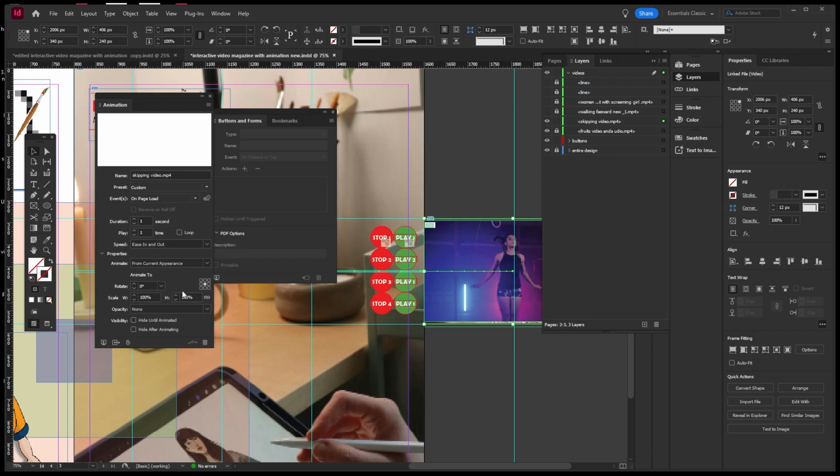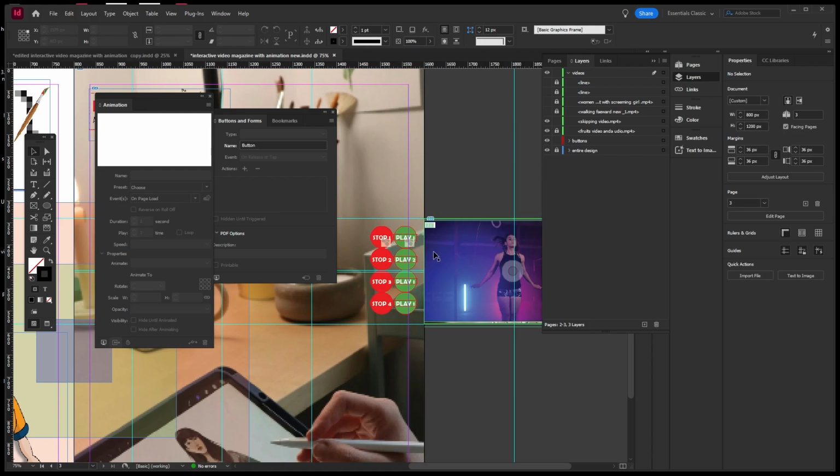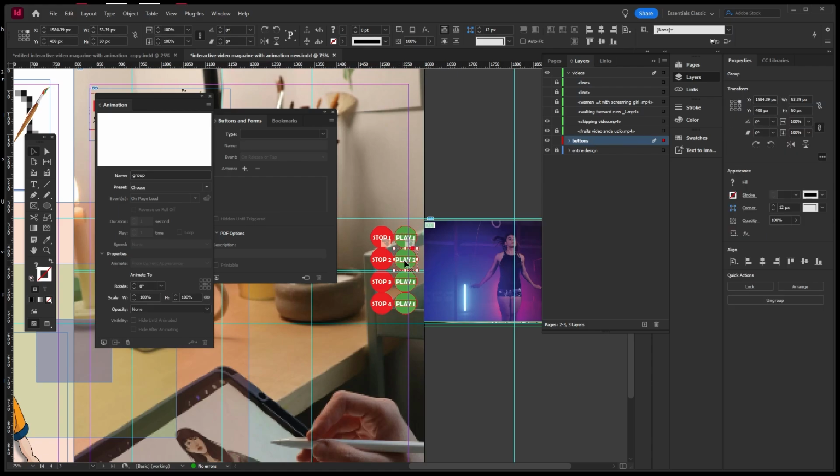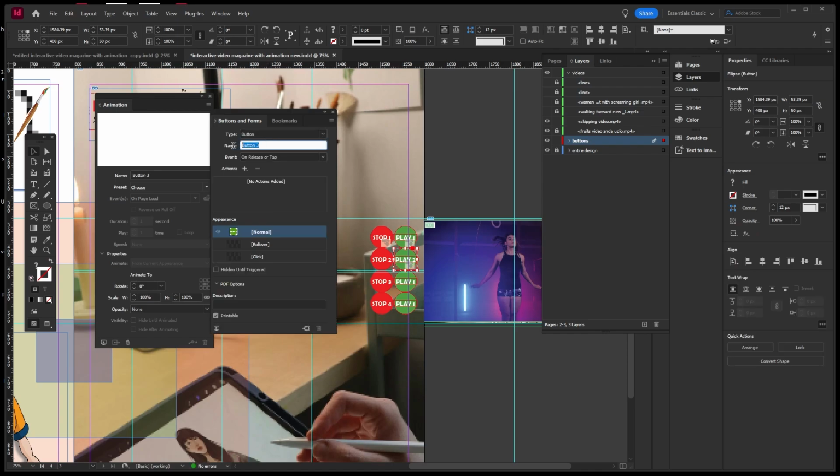And check all this. Before, I don't want to use all these things. Okay, now come to the buttons. For the second video, this is the play 2, and I'm giving the name as a button. Okay, and here the play 2